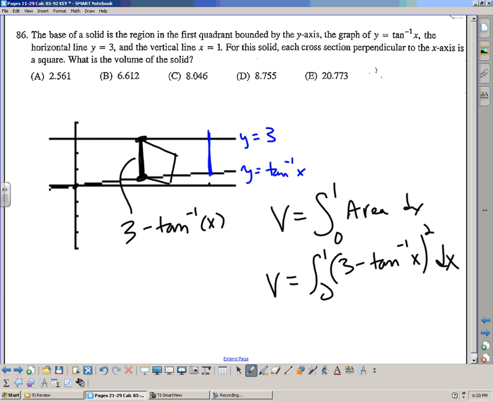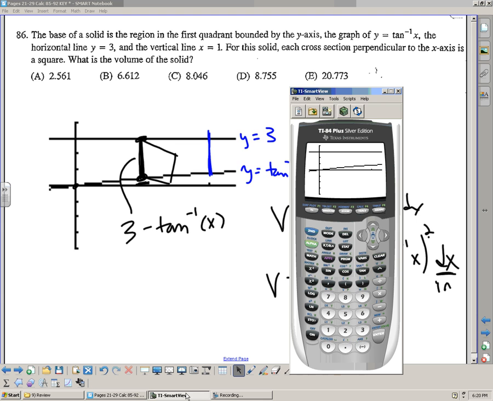And so this gives us, if you think about this in terms of lengths, let's say I was measuring in inches. This would be inches squared, and dx is a little chunk of the x-axis, which in this particular problem would give us inches. So I have inches squared times inches, which is inches cubed. Anyway,